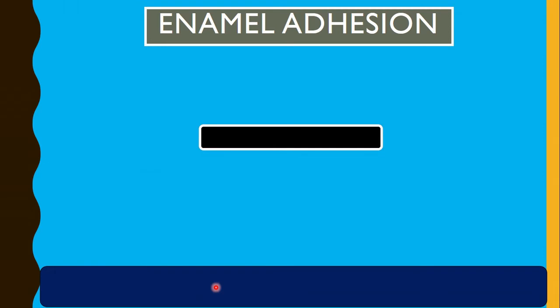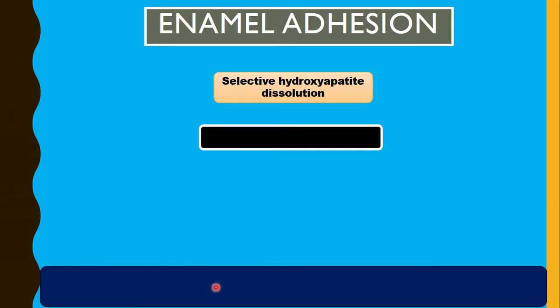So what actually happens in case of the enamel adhesion? In enamel adhesion, Buonocore in 1955 introduced the acid etching technique for adhesion of a resin to the tooth, and he used acids to etch enamel for sealing pits and fissures. So basically, the acid etching transforms the smooth enamel into an irregular surface by selective hydroxyapatite dissolution, and it also creates a surface microporosity,